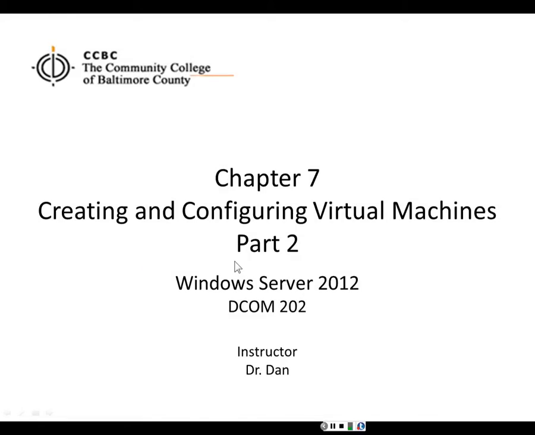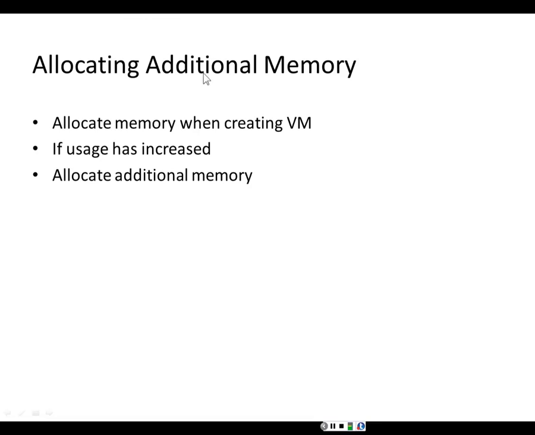Let's continue on to part 2 of Chapter 7, Creating and Configuring Virtual Machines. Let's look at allocating additional memory. In the previous section, we created a virtual machine and we allocated a certain amount of RAM. And we allocated that amount because that's all we thought that it needed. But over time, we have noticed that utilization has increased, so what we're going to do is allocate additional RAM